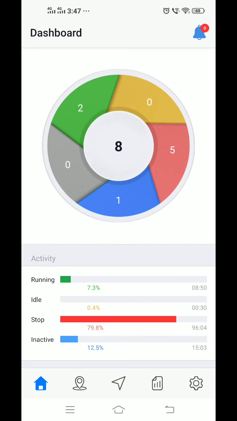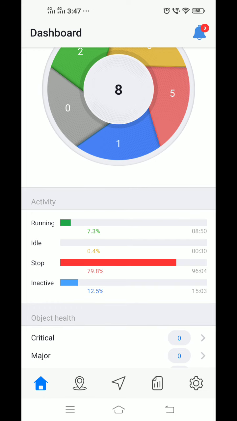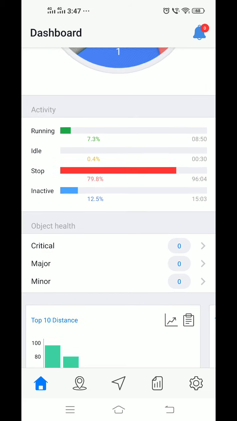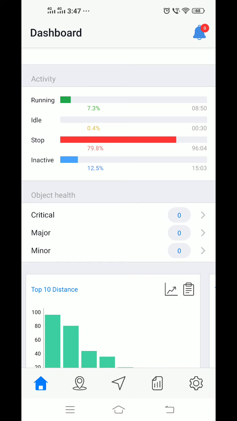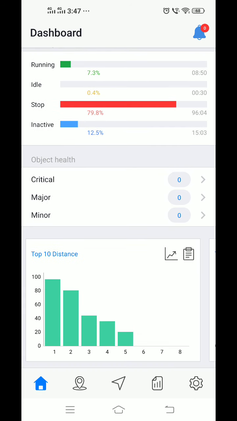So we have other details like activities. So the total activity of the vehicles, like 8% the vehicle was running and 80% the vehicle was stopped for the current date. And we have reports of distance traveled of each and every vehicle per day.